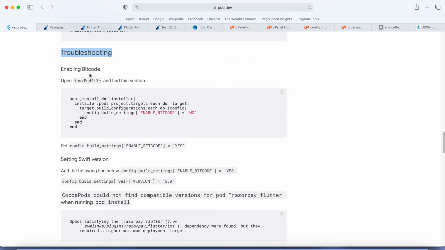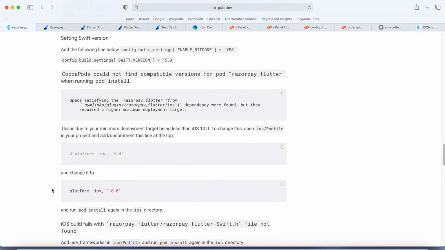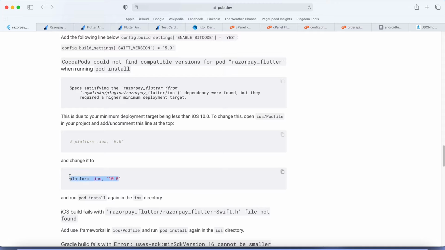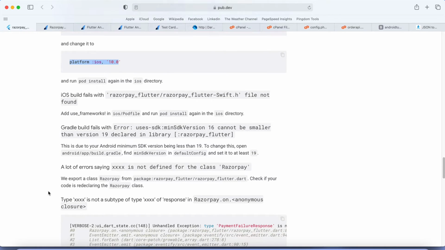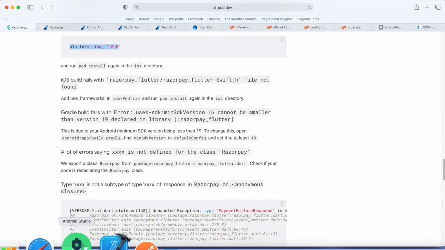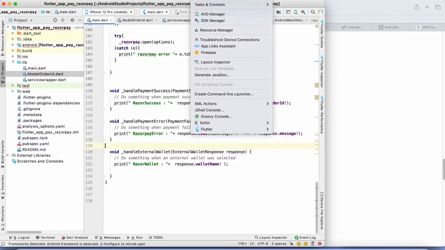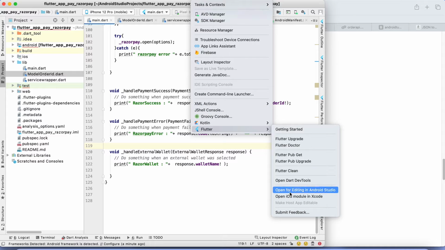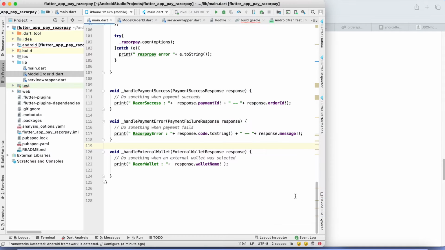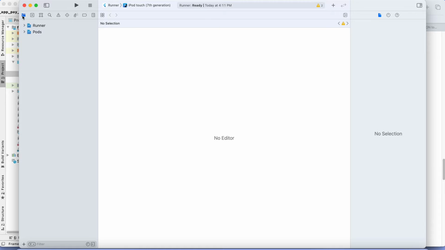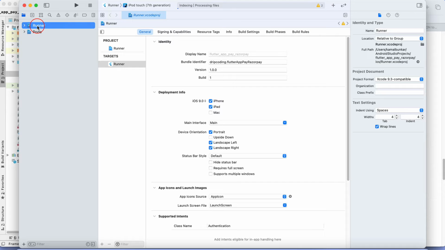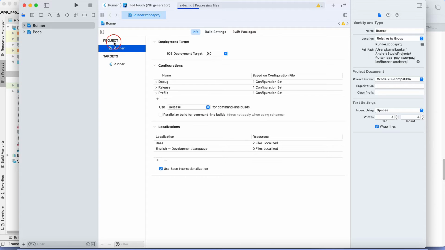Okay, so first thing we need to enable bitcode. And the target version we already set to 10, and maybe you will see some other error. So the solution is very simple. Just open this Flutter project in Xcode. Okay, now the Runner folder. First the project, in this project Runner, check this